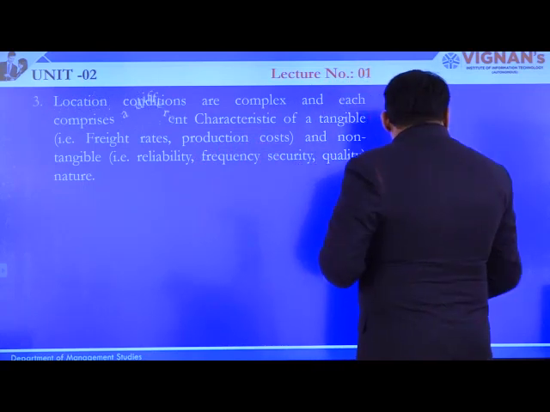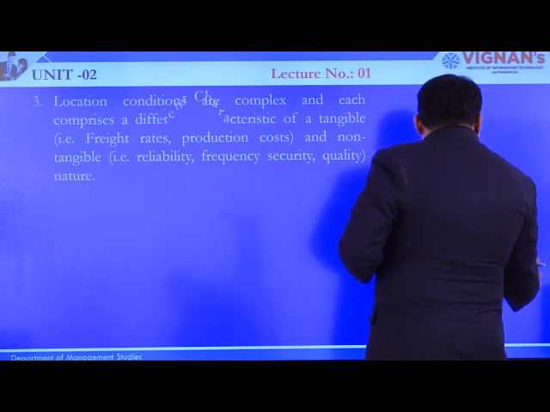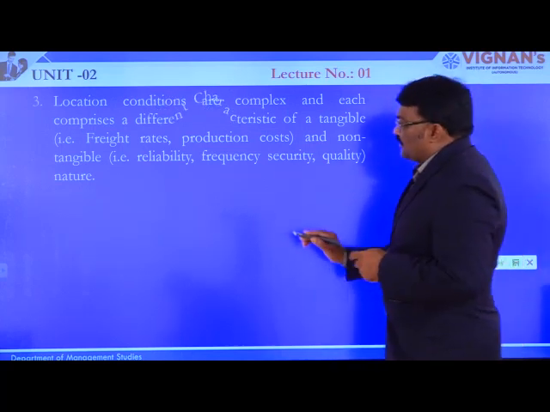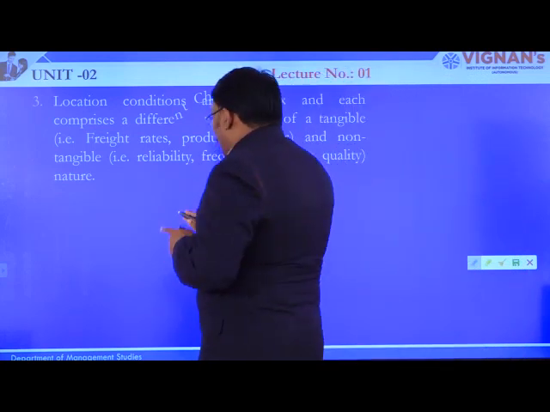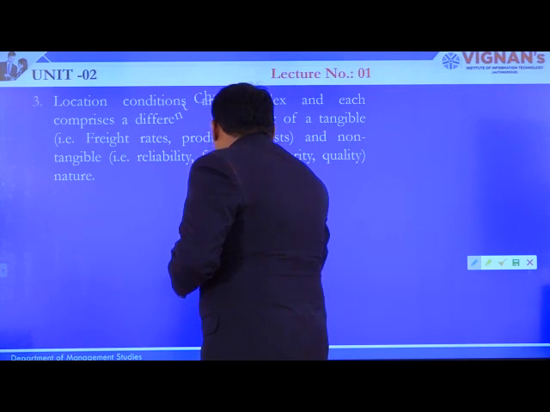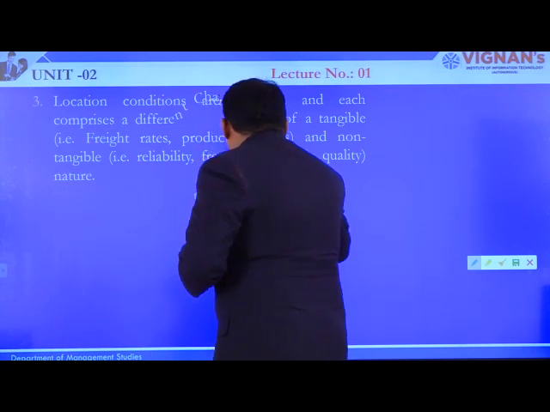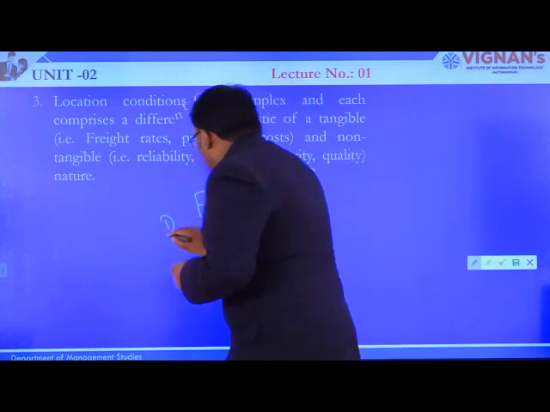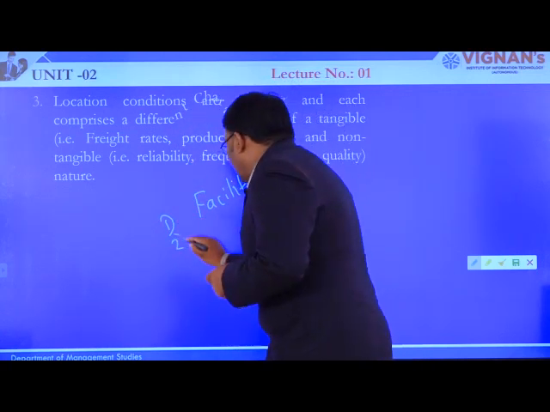Okay. Now, to recollect the introduction parameters, I am putting them up. The first one is the facility location, which we need to give consideration to.